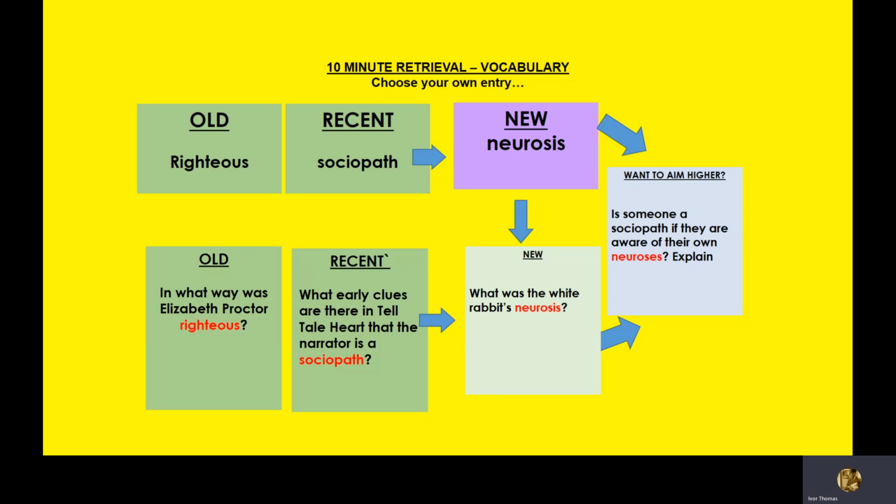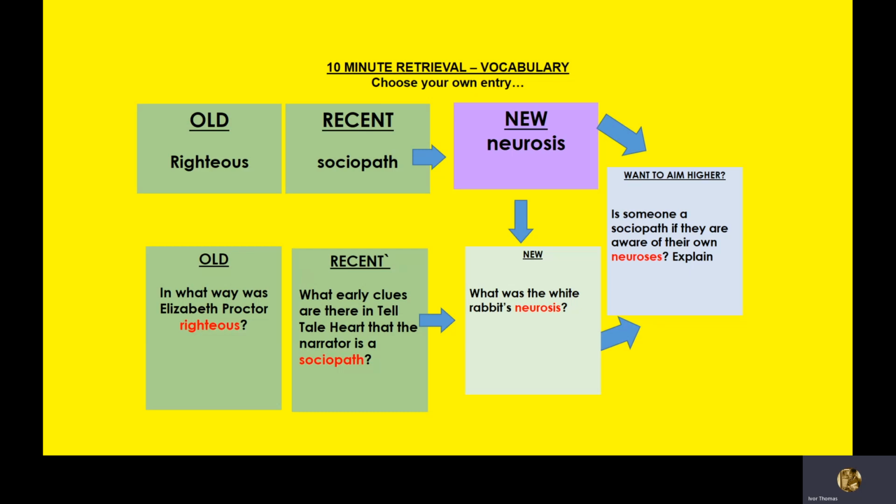Let's look at righteous then. Do you remember what righteous means? Beauteous means full of beauty. Bounteous means full of bounty. So righteous means, yes, full of good intentions. You remember Elizabeth Proctor from The Crucible, John Proctor's wife? In what way was she righteous? Think about it. She was loyal to her husband, tried to help him win his court case, didn't gossip about him. She kept her home in good order as an example of Puritans, weren't they? Puritan